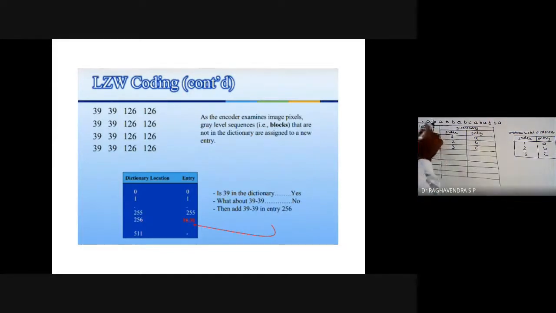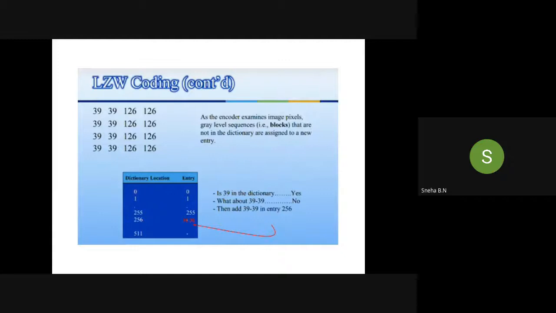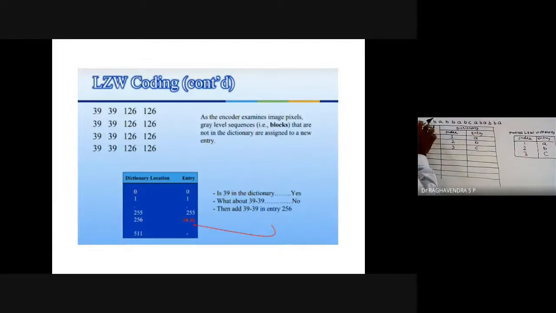So what is the first value? A. Now you check whether this A is already there in the table. Yes, sir.